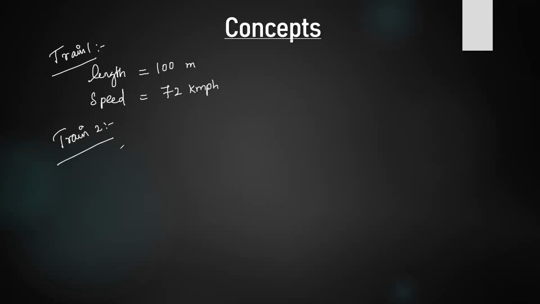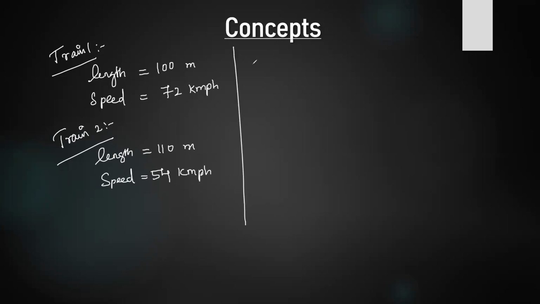Okay. So listen carefully. Train one length 100 meter. Speed 72 kilometer per hour. Train two length 110 meter. Speed 54 kilometer per hour. Okay. The question is